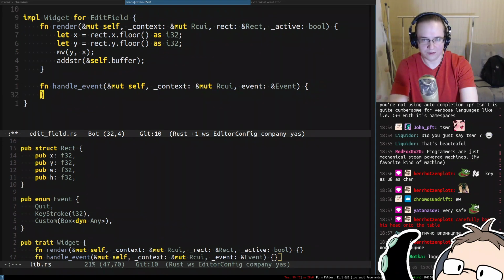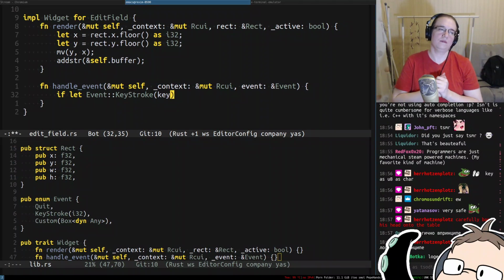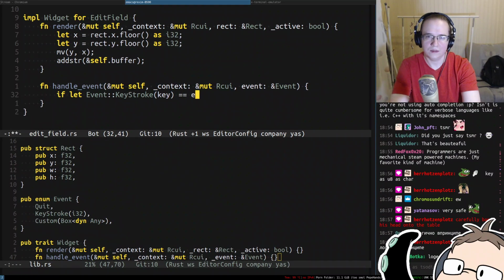We only need the event, right? So if let event keystroke key event. What we're gonna do here, we're gonna take self and push that key into